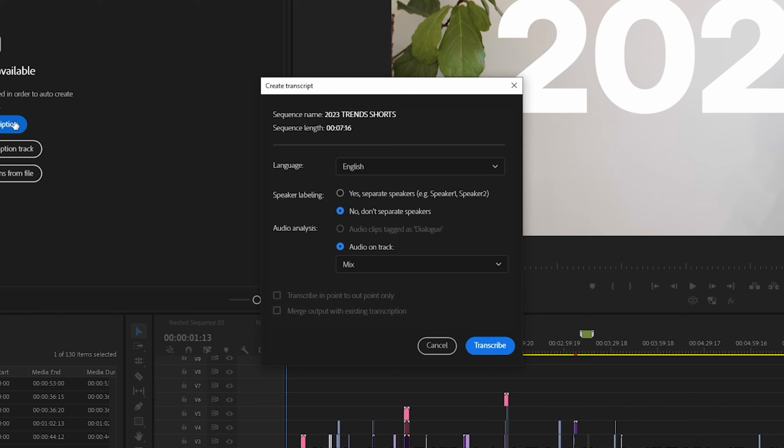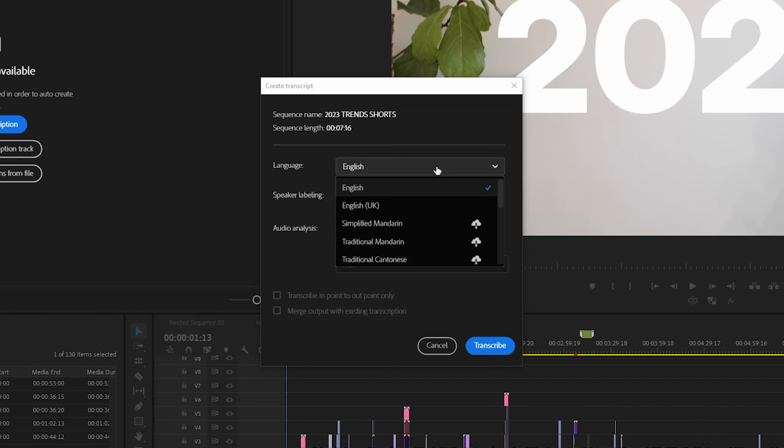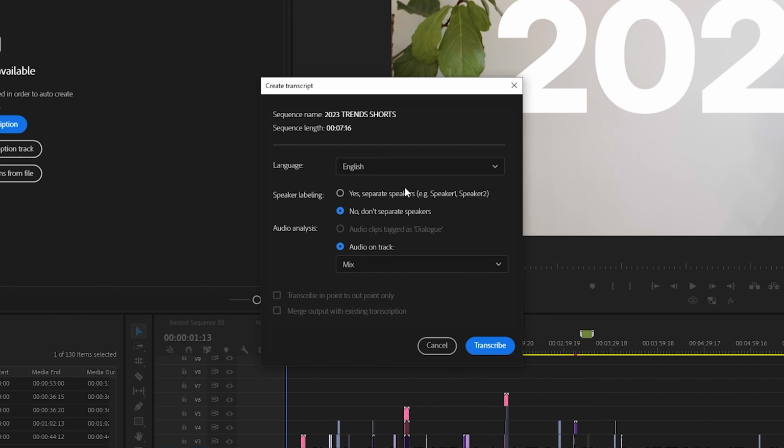You'll get a bunch of settings you can play around with, but the most important thing is to set your language to listen for the one that you're speaking, which in my case is English. If you have multiple different people speaking, Premiere can separate those for you and listen for different voices and assign them labels, but in my case, it's just me, so I'll click Don't Separate Speakers, and this process will happen